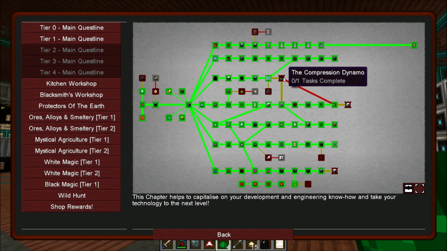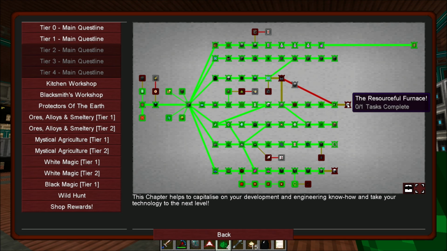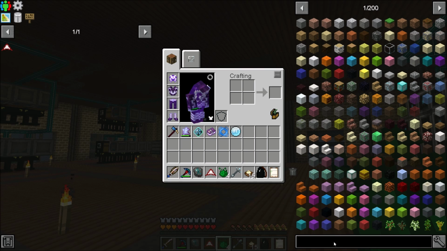Okay, but anyways, right now all we have for main quest is Culinary Generator, which we're probably going to knock out next episode. I just got to get some more crops planted, like ginger and stuff. And then some of this stuff crafted out. I mean, that's already done. And it's basically just crafting machines. And I haven't been doing these on camera because